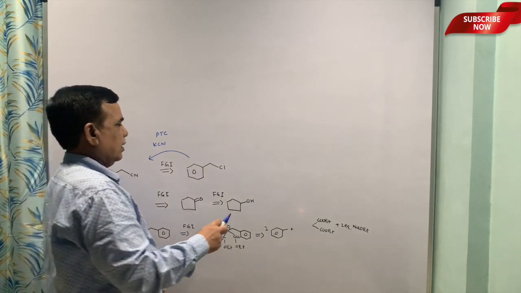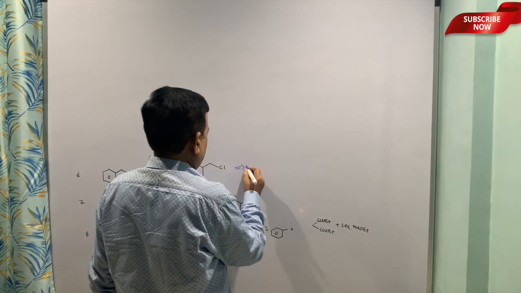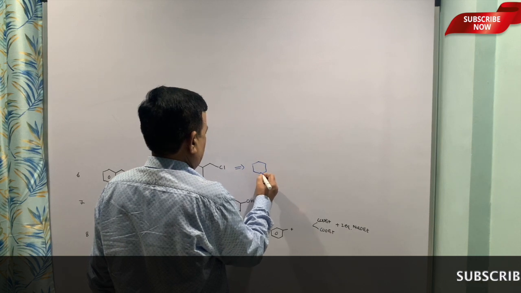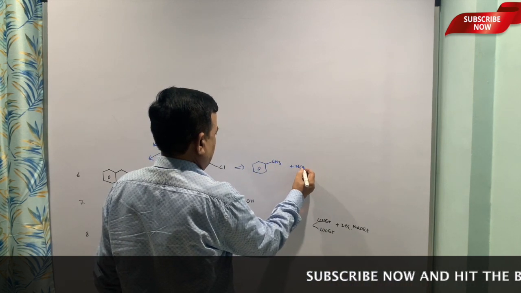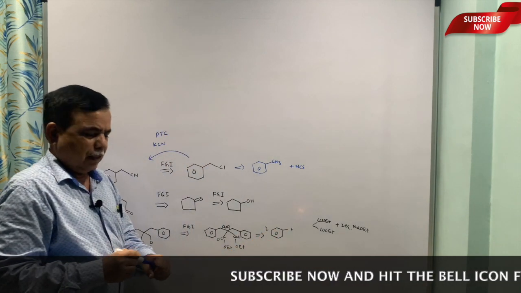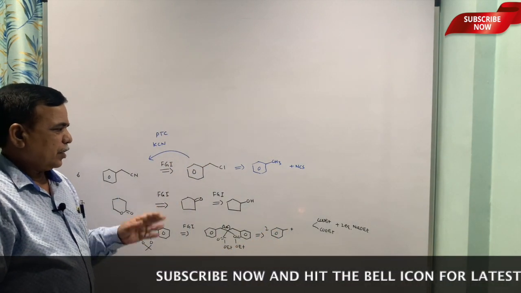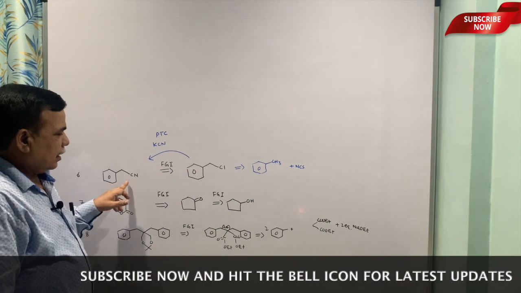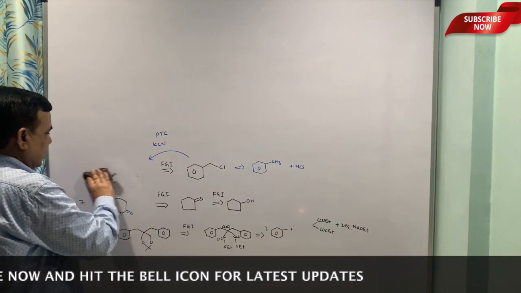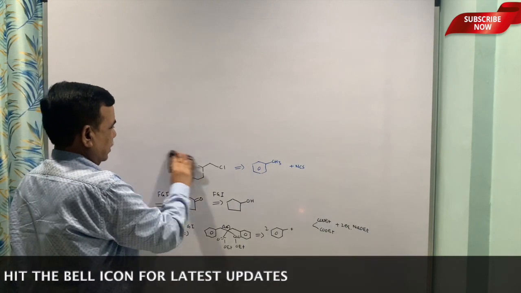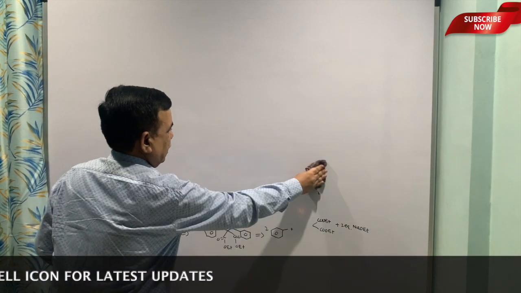This we know that you can get from toluene, and we have already written N-chlorosuccinimide. The chlorination, radical chlorination, can give you benzyl chloride, and then this is benzyl nitrile that you can easily get by this method. Okay.